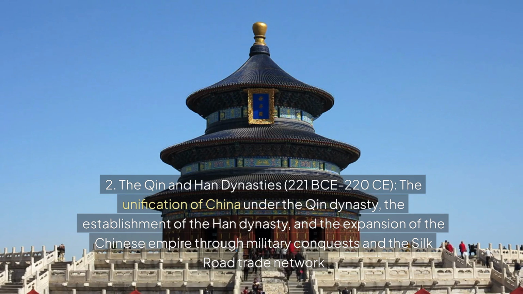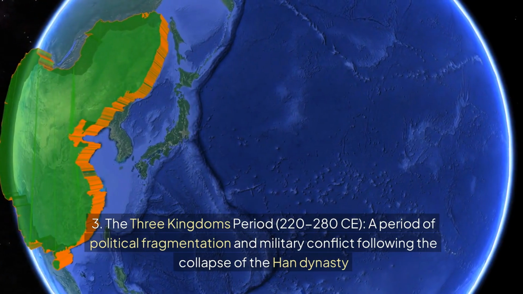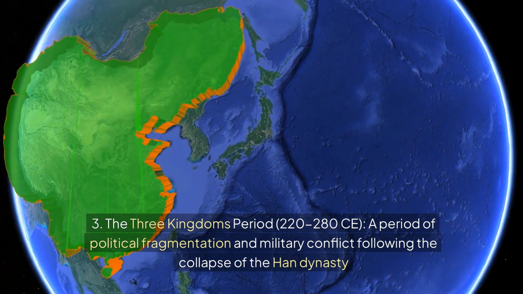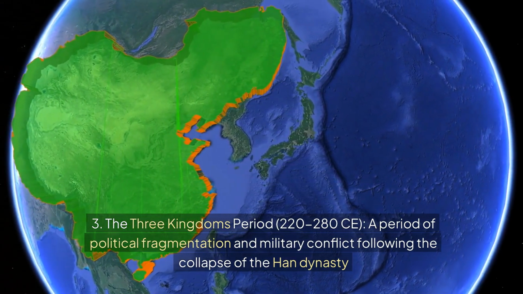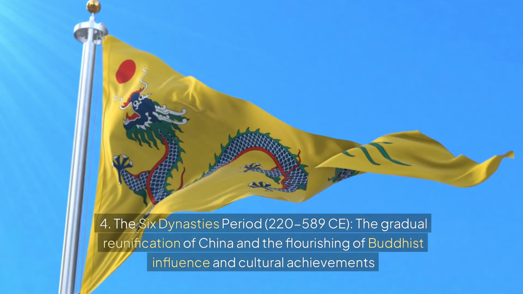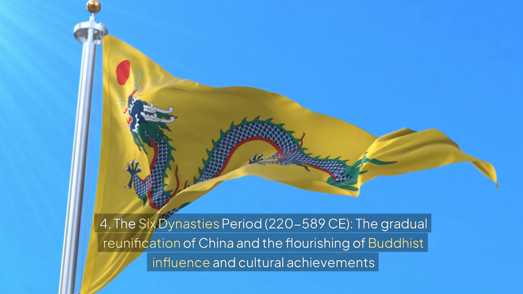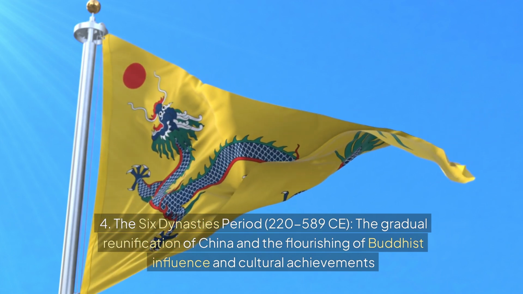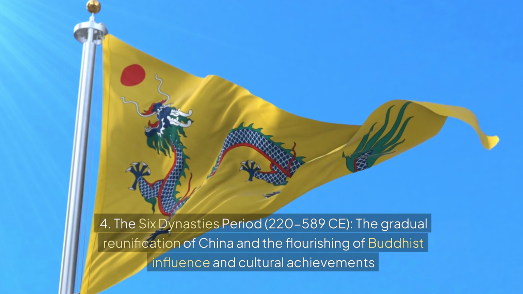dynasty, the establishment of the Han dynasty, and the expansion of the Chinese Empire through military conquests and the Silk Road trade network. 3. The Three Kingdoms period, 220-280 CE, a period of political fragmentation and military conflict following the collapse of the Han dynasty. 4. The Six Dynasties period, 220-589 CE, the gradual reunification of China and the flourishing of Buddhist influence and cultural